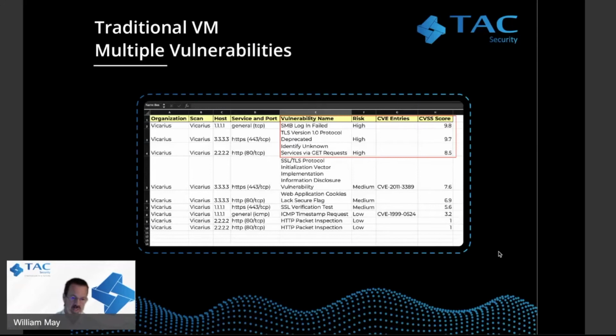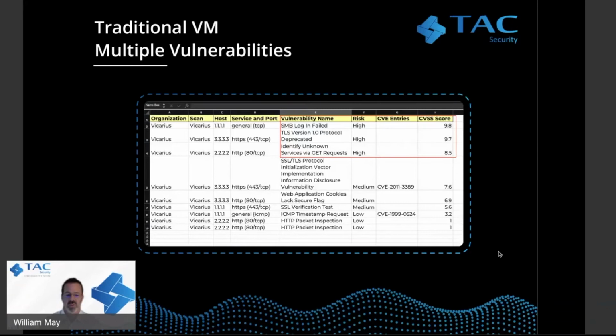You take a look at a slide like this, a report like this. This could be a screen, it could be a generated report. I don't care if it's a PDF, it's a paper. We've all seen them. These are great. They give you detail, but what does it really tell you?